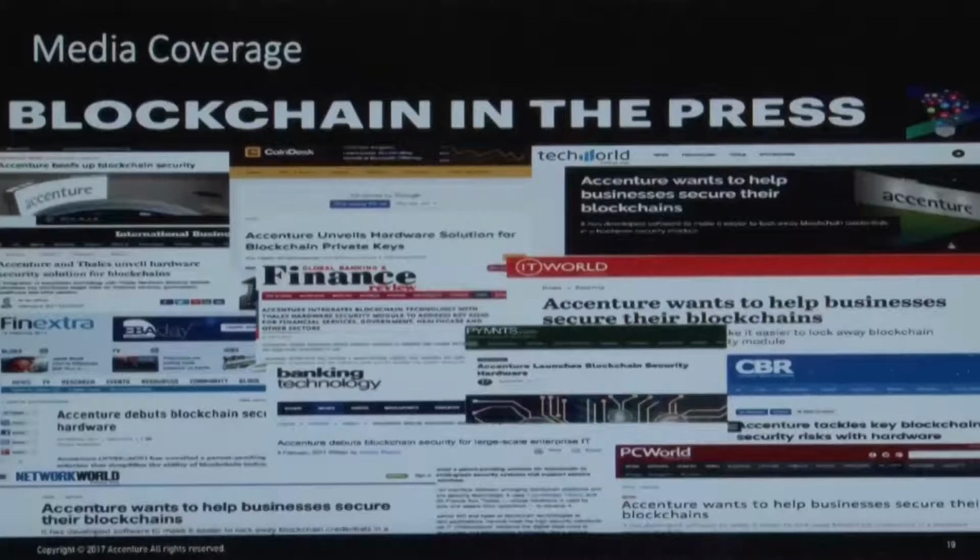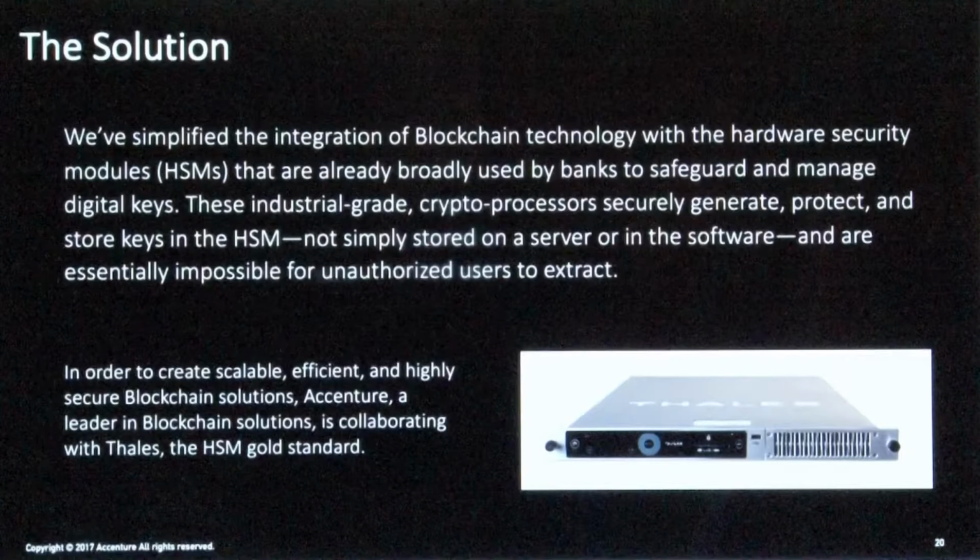We have a number of things that we've done around that. You may have seen in the press in the last couple of weeks, it was in the New York Times and everywhere else. CoinDesk as well has the most comprehensive article about this. This is my brainchild, actually. I started this off about a year ago, and actually it was even longer than that, a couple of years ago when we initiated this. We implemented a solution that allows us to do proper key management using hardware devices, using a device like this to store all the keys associated with any implementation. So if you have a wallet, any of the private keys associated with that are stored on a hardware device, and we worked with Thales to do that.